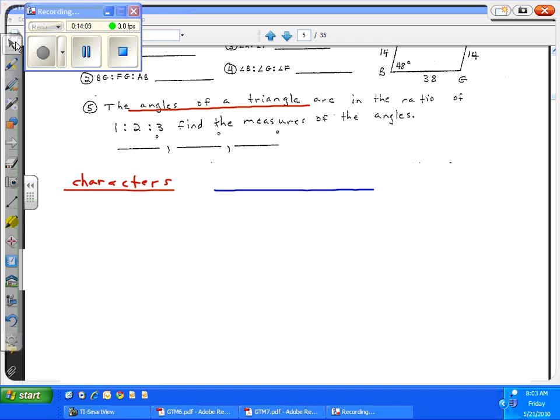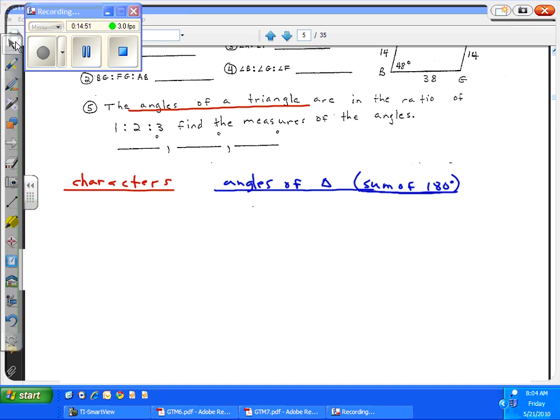Word sentences could be a comparison between two characters, like David caught 6 more than twice as many fish as Joy, or the length of a rectangle is 4 more than twice its width, those kind of things. B, formula words like perimeter, area, volume, circumference, or the sum of the angles of a triangle is 180, or complementary, supplementary, or any other formula word that has an equation built into it. Well, angles of a triangle has a built-in formula by memory that their sum is 180 degrees,